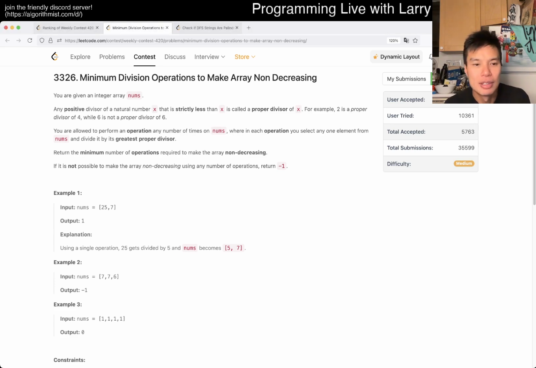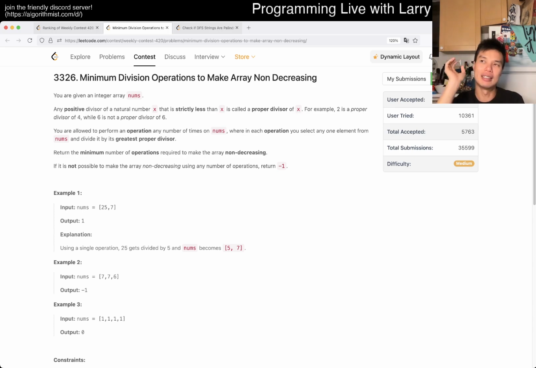Let me know what you think about this one. The key thing to note is that we have to think about the operations we're doing, right? The operation that we're doing is to make things from one number go smaller. And because you can only make things smaller in one direction in that order,